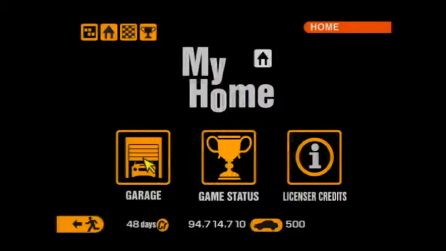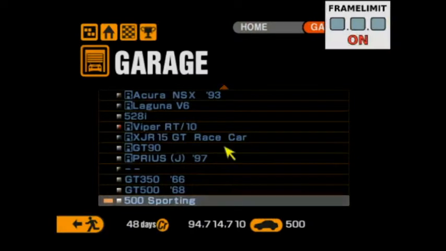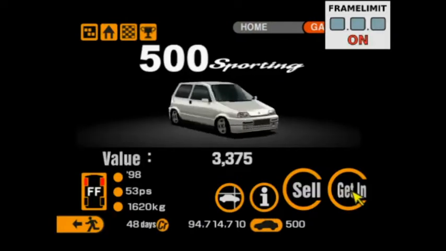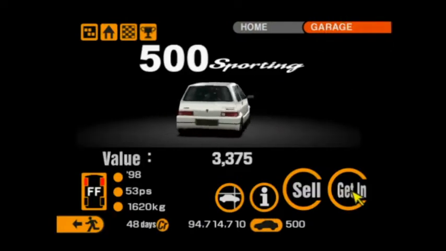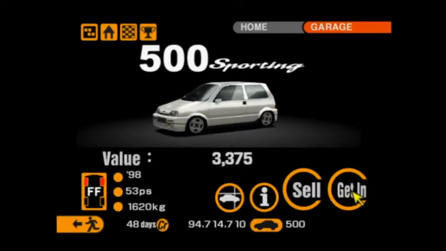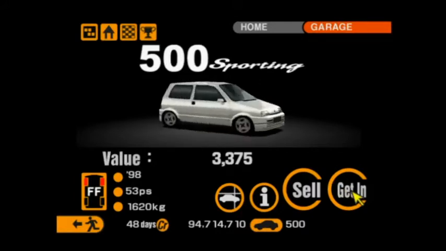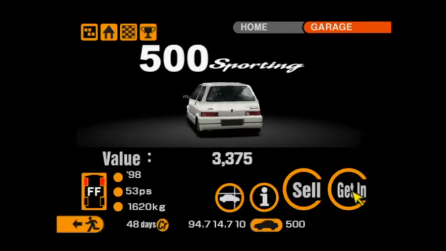So we go to the home, garage, and that is the Fiat 500 that you wanted. See? It's simple. So hopefully now you can actually do this to your game, and let's get to the actual content of the